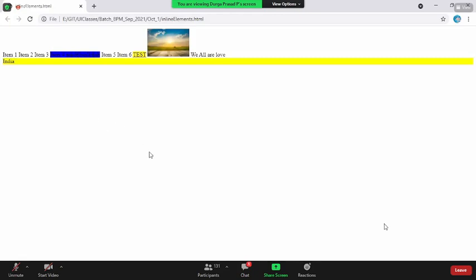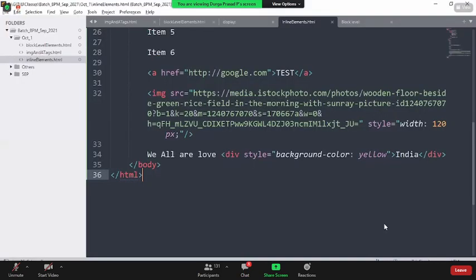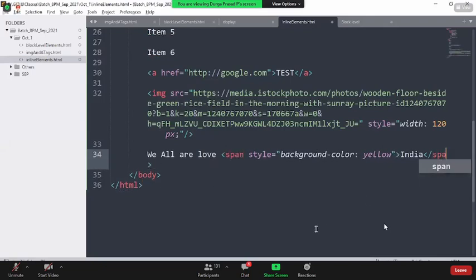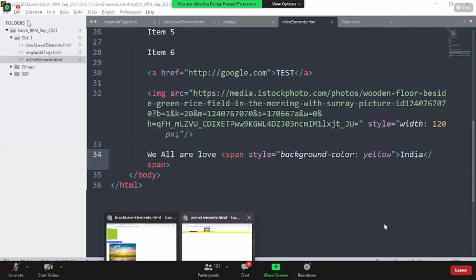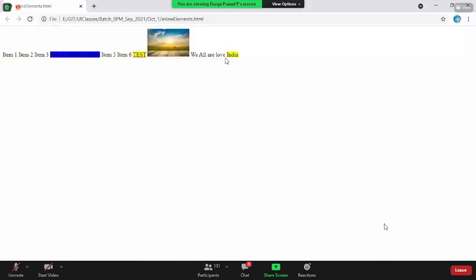But why is it coming onto a new line? I don't want it. It should be on the same line. But on top, I was able to add some CSS properties. So instead of div, I will use something called the span tag. Now, if you save this, come back here and reload the page, see here, it is in the same line. That is the reason we go with the span tag. Span is one of the tags which does not have any default properties. On top, you add the properties, and it is going to render the same.